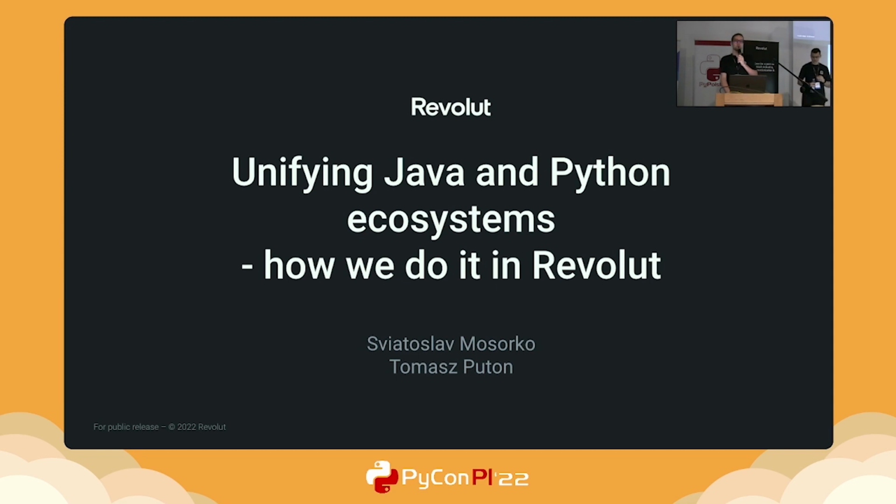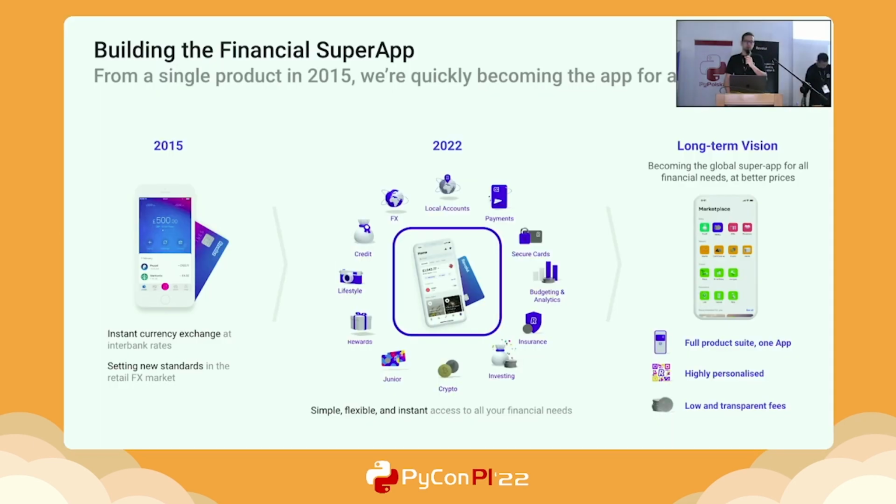But let's talk a little bit about our history first. So Revolut started in 2015, and what it did at the beginning was something very basic compared to what it does now. These were namely currency exchanges and bank transfers. So from the technological perspective, the thing that was in 2015 was mostly written in Java.